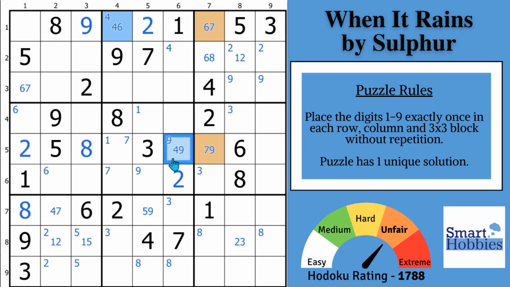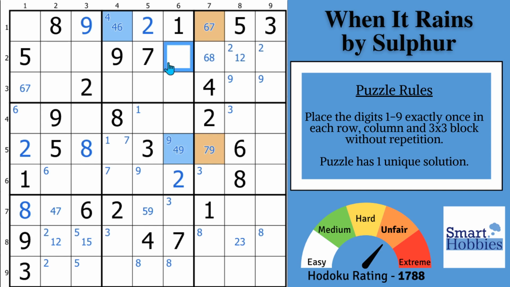This is the first advanced strategy you've got to find if you want to unlock some more solves. You need more strategies in this puzzle. But this is beautiful, because what this does is it means this cell right here can never be a 4,